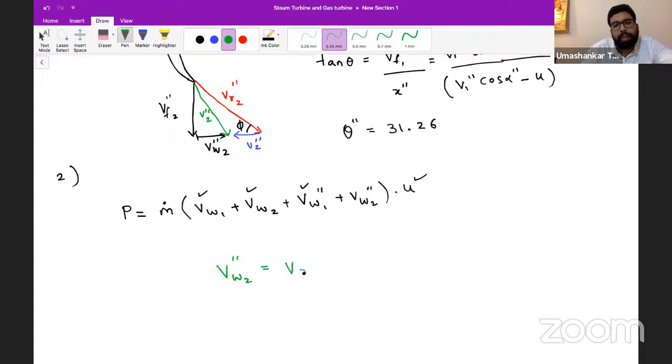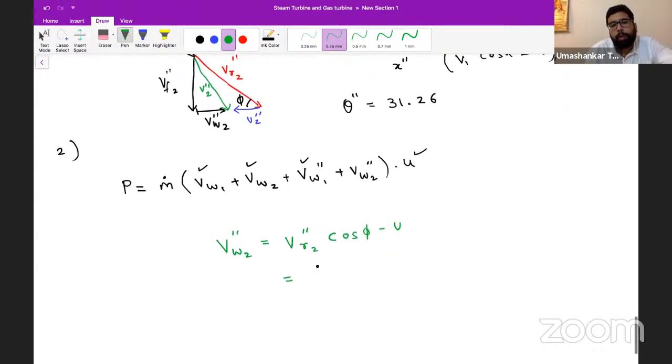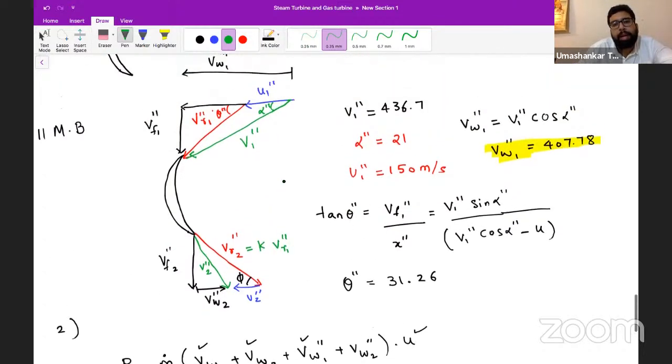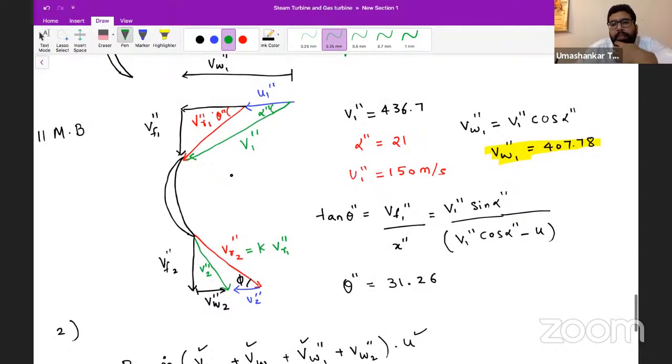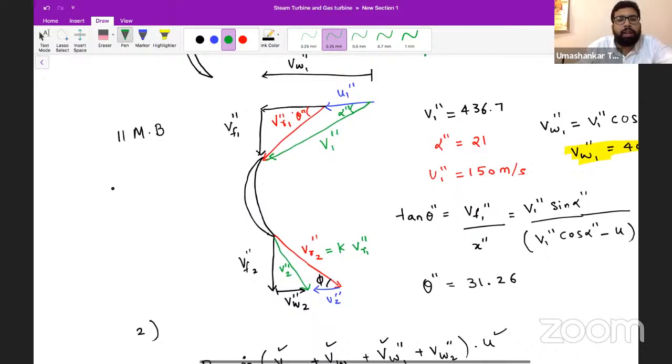Can we write VR2 double dash cos phi minus U2, and U2 is the same as U. Yes or no? So what is VR2 double dash? VR2 double dash is K times VR1 double dash. So can we find VR1 double dash here? Again, we have to follow the same thing. So this VR1 double dash is,